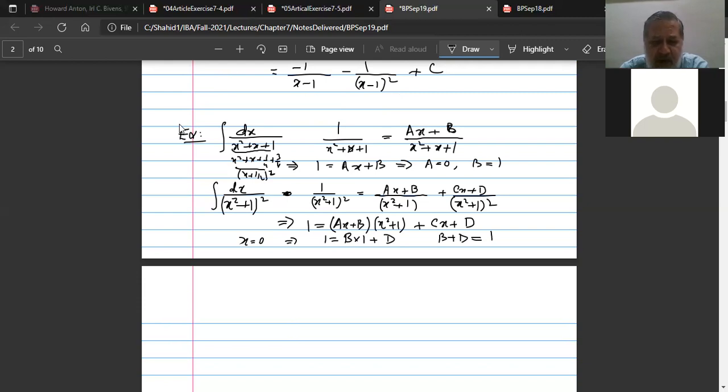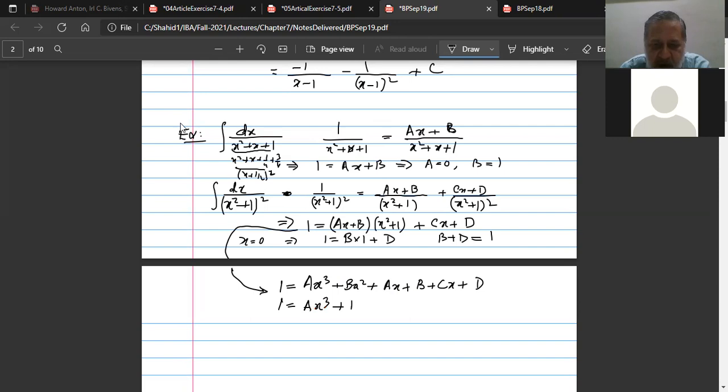That doesn't give me sufficient knowledge to find the values of A, B, C, D. So instead, I deal with this in a different way. Simplify it algebraically: Ax cubed plus Bx squared plus Ax plus B plus Cx plus D, and note that there is only one term of x cubed,